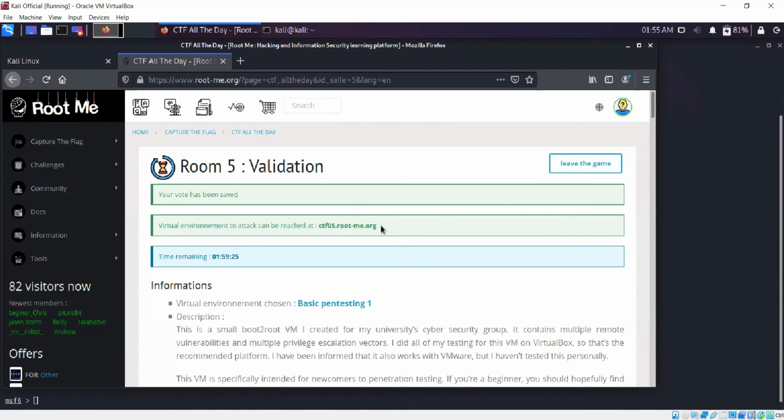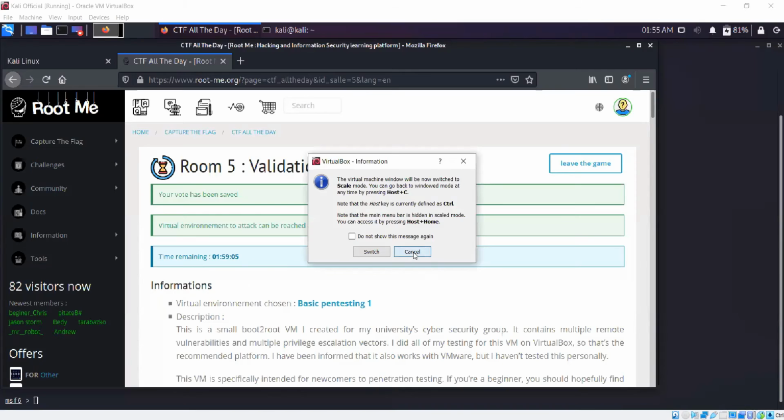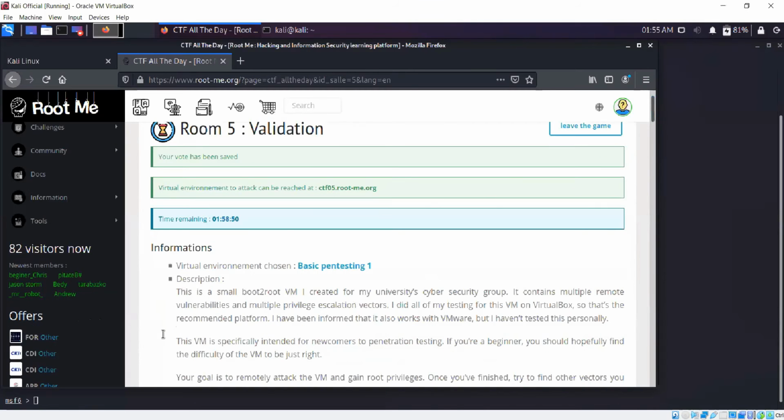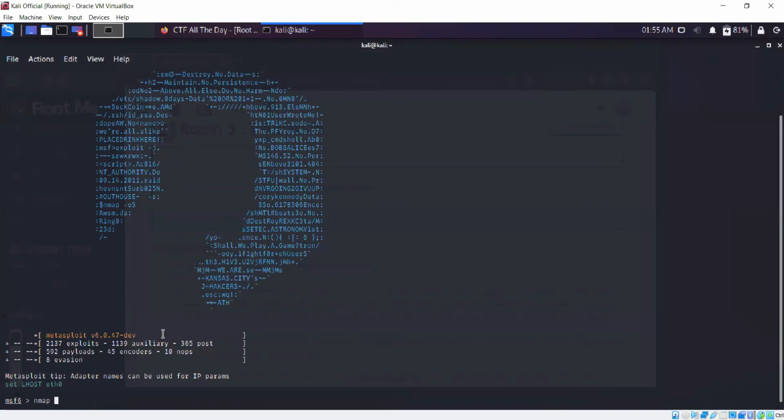I'll copy the link and I'll share it to you guys in the chat. All right, so this is the domain. Again, like we taught you, Nmap works on domains as well as on IP. So the first thing we'll do is Nmap to get more information about this machine. Then we'll find out about the services and the version it is running. So -sV for that. And then we'll use the T flag to speed things up.